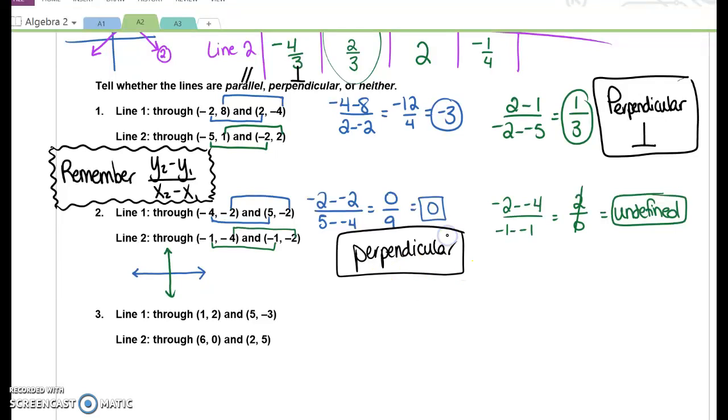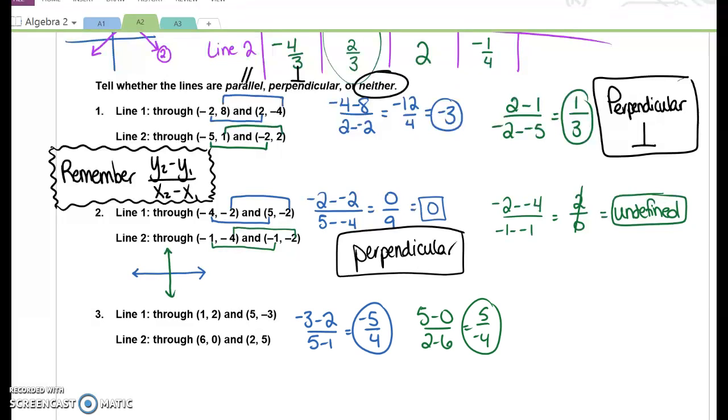So if the slopes are the same, parallel. If the slopes are opposite reciprocals or 0 and undefined, they're perpendicular. And if it doesn't match any of those scenarios, then it would be neither. Neither is an option. So don't forget that neither is an option. Take a moment, find the slopes for line 1 and 2 in number 3, and then we'll talk about that